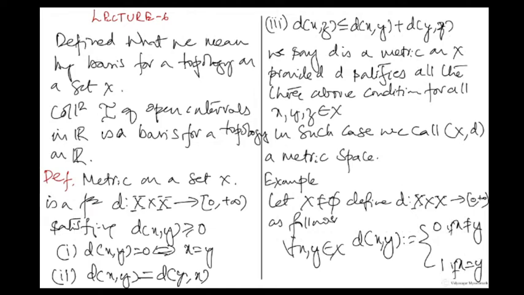It should be the other way around. So the distance between any two points, d of x, y, will be 1 if x is not equal to y. It would be 0 if x equals y. I had written it the other way around, and I have corrected it. So I have defined a function from X cross X into the set of all non-negative real numbers such that for every x and y in X, d of x, y is 1 if x is not equal to y, 0 if x is equal to y.